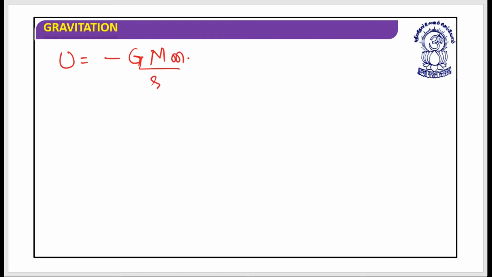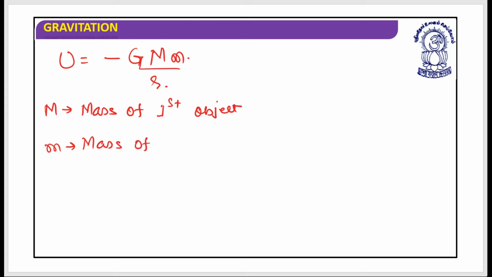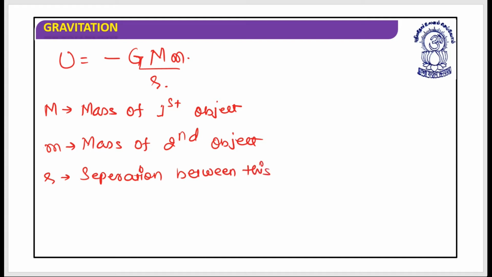It's a minus of G M m by R, where M is the mass of the first object, small m is the mass of the second object, R is the separation between these two masses, and we can write minus G M m by r, because I can write this since potential energy